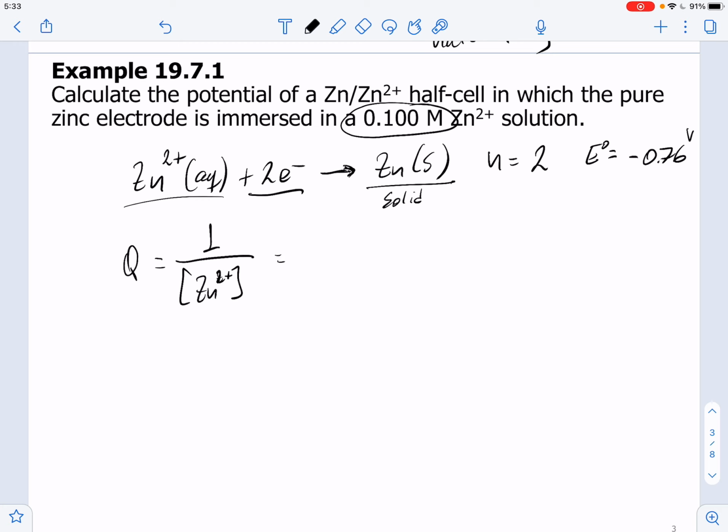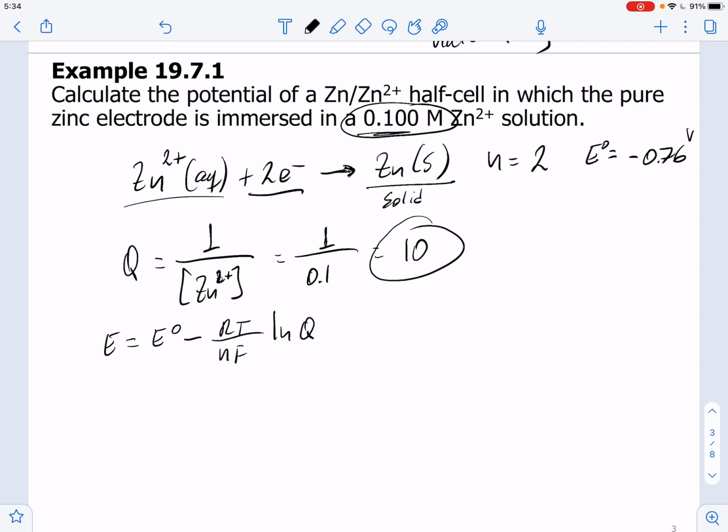All right, and that means that if the concentration is 0.1, then Q is going to be equal to 1 divided by 0.1, and that is equal to 10. So this is the value of Q. Now, if we use our equation, we have that E is equal to the standard potential minus RT over nF times the logarithm of Q. The standard potential is minus 0.76, and we are going to subtract